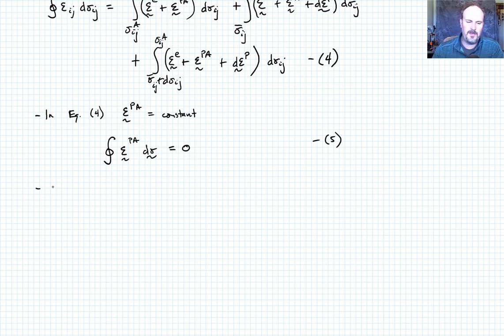A couple other things that we need to note, right? Because the complementary strain energy is recoverable in the elastic case,